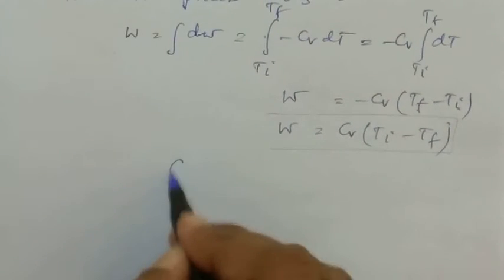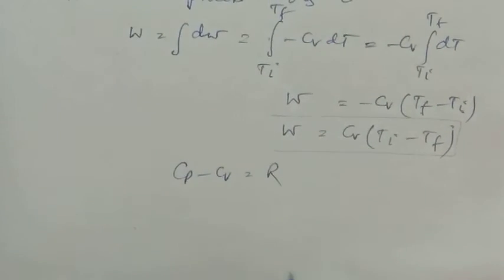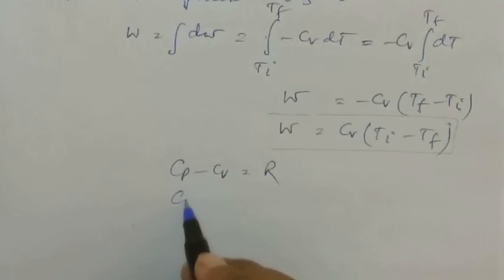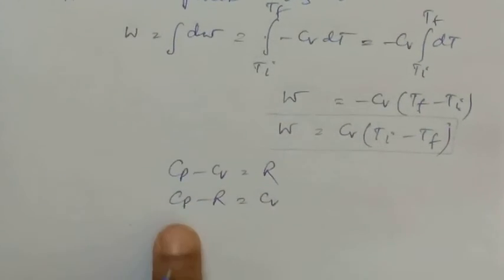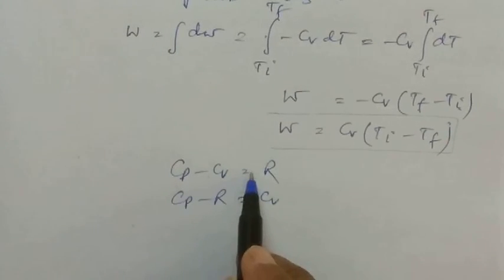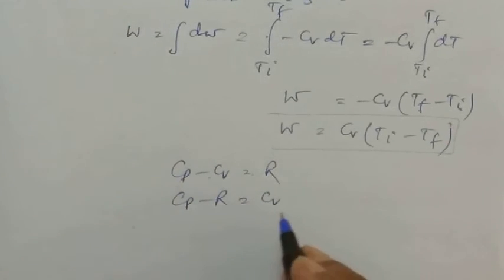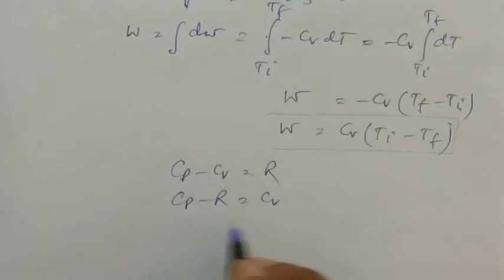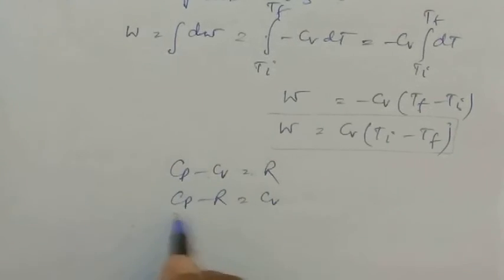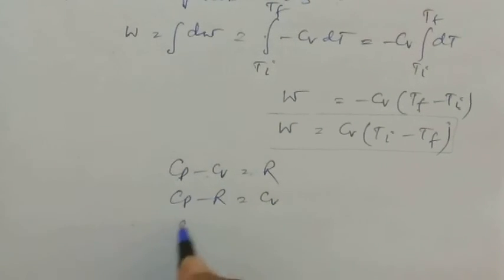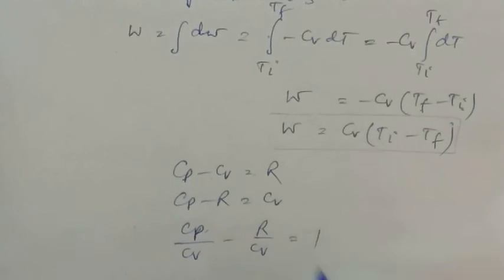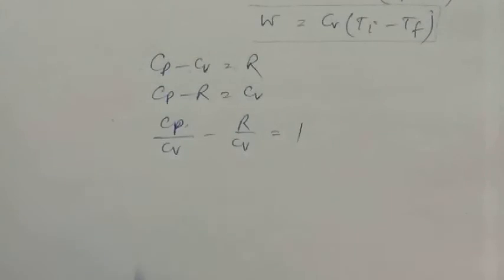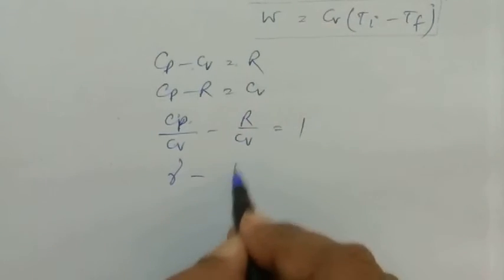We all know Cp minus Cv is equal to R. So Cp minus R is equal to Cv. We divide this equation by Cv. So Cp by Cv minus R by Cv is equal to 1. So Cp by Cv is gamma, minus R by Cv is